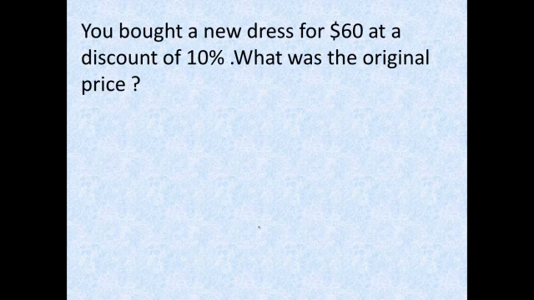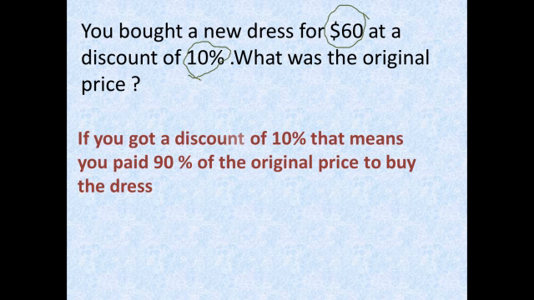Your first example is that you bought a new dress for $60. This is the price that you paid for the dress at a discount of 10%. That means whatever the dress cost, you paid 90%, because the total was 100%. If you got a discount, that means you paid 90% of the original price to buy that dress. Which means